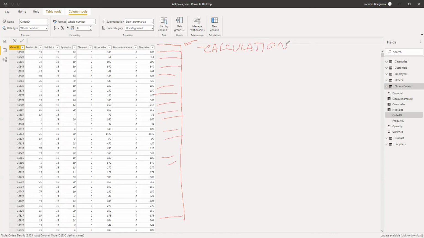This new column can also be assigned a constant value. What do I mean by constant? For example, if I say that in this new column I would like to have the tax rates,